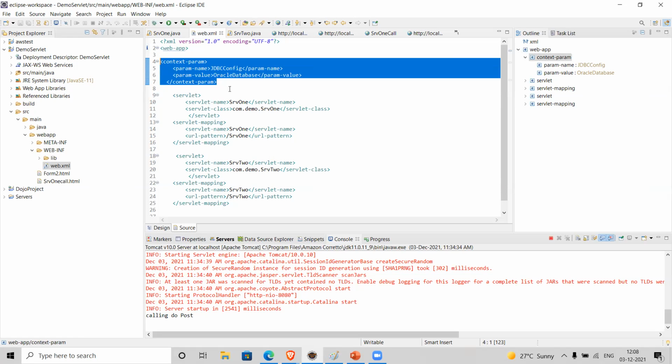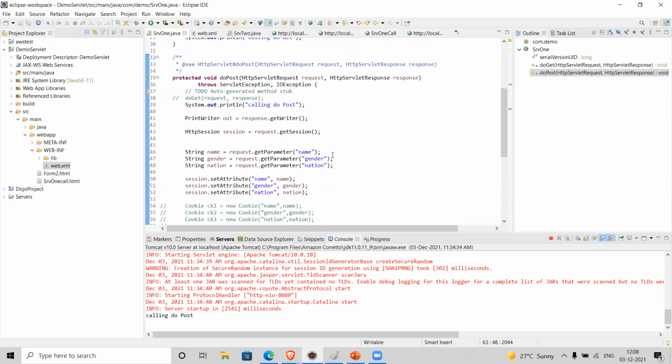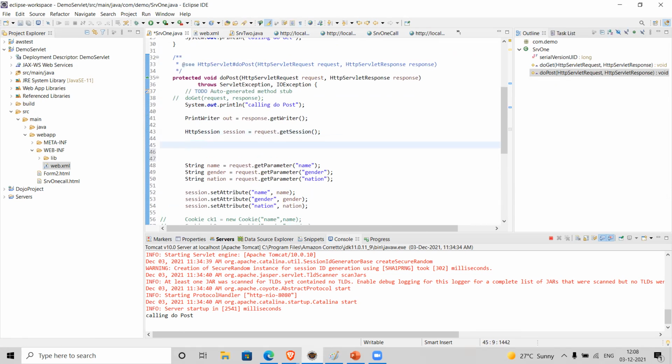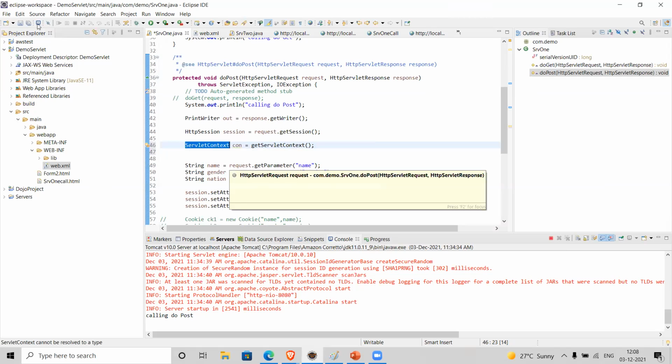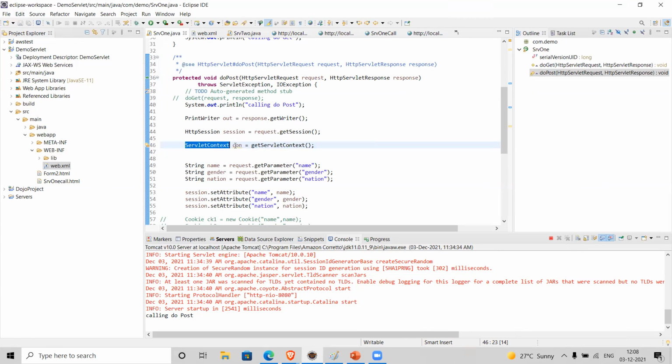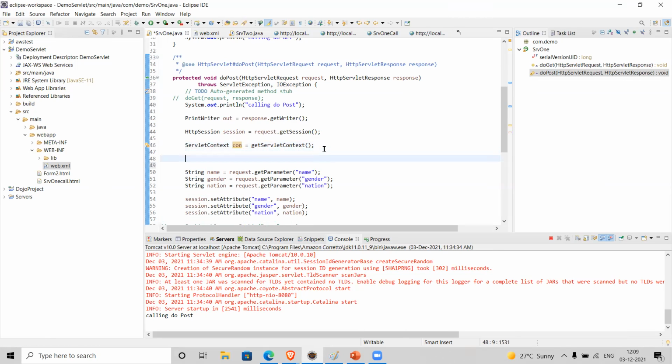In case I want to read this information in servlet 1, SRV1, what should I do? First, I need to get the servlet context. So now I have the servlet context object, and from this object I want to read the database information.